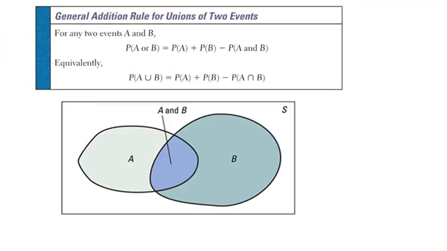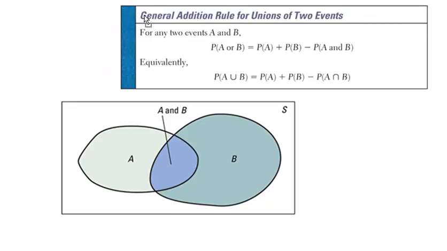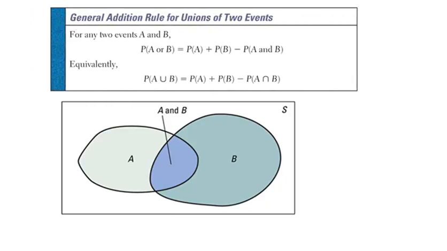So still talking about unions now. If you're looking for the union of 2 events that are not disjoint, this is a general addition rule for anything. If I want to find the union, which is anything that's in A or B, and again, this is the same notation just with that U, I add all of A and I add all of B. But you see here in the formula that I have to subtract out the intersection,